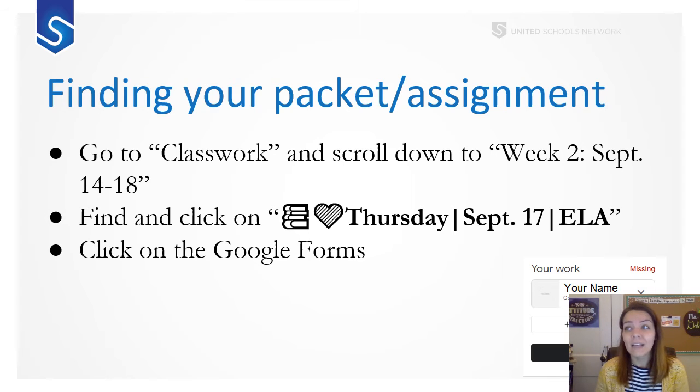This reading can count as your independent reading, where you're supposed to read 30 minutes each day. You're just going to read the chapter. We're not going to have any questions or talk about it extremely much, but you are going to read it today. So if you are in class, we would read it as a group, but since you're not, you're going to read it independently. It'll be linked in the description for you.